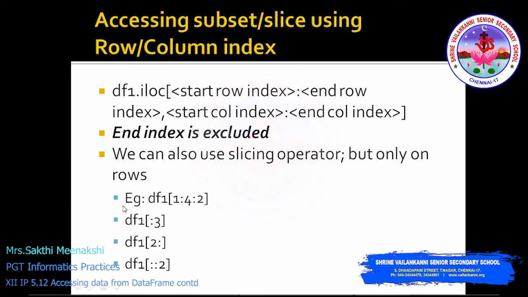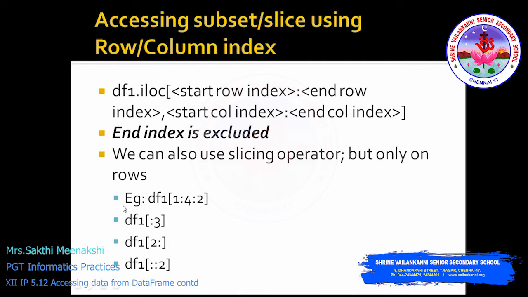In today's session we are going to learn how to access data. This video is a continuation of our previous video. In the previous video we learned how to fetch data from the data set using the row or column name. There may be situations where the data frame does not contain the row name or column name. Instead it will have indexes, numeric indexes like 1, 2, 3. Or the row name can be 1, 2, 3 and the column name can also be a numeric value. In those situations, how do we access the data? That is what we are going to learn in this video.